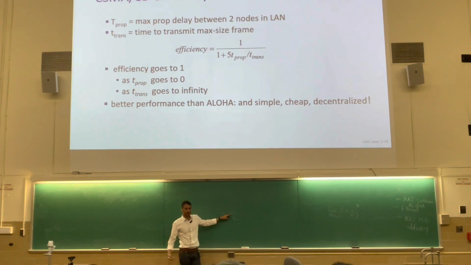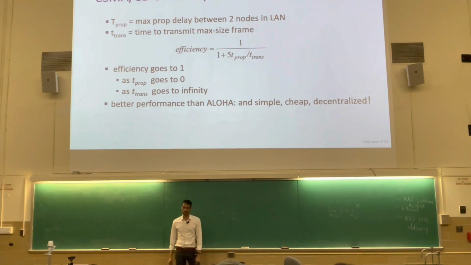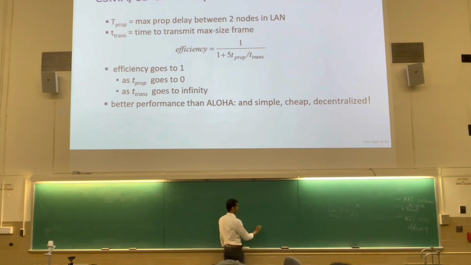The larger the Ethernet spread, the longer the cable, the longer the propagation delay, the longer light speed takes to go from one end of the network to the other end, the less the efficiency. That's intuitive. This is saying, what is this? This is the transmission delay. What is transmission delay? Size of the frame divided by speed of the link.